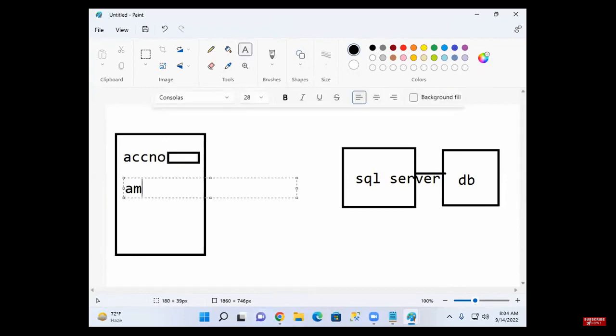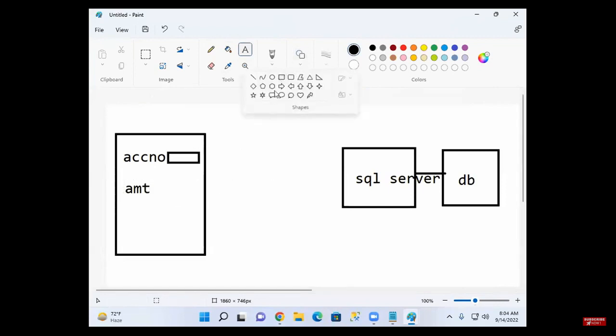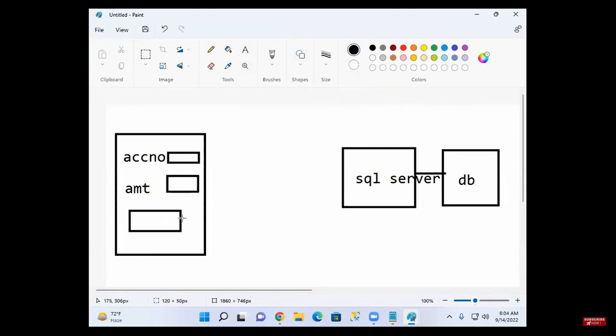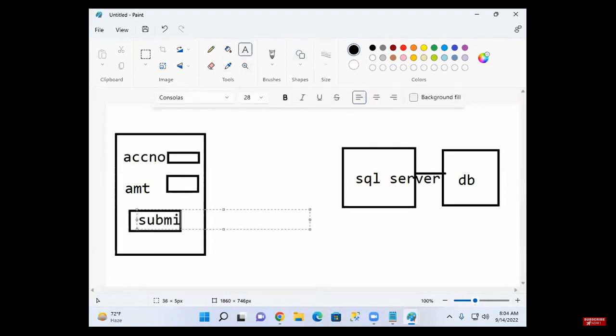How much amount do you want to deposit? Next, there is a button here, a submit button. What is your account number? What is the amount? Next, click the submit button.